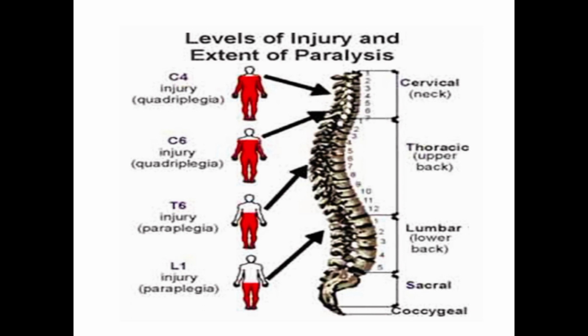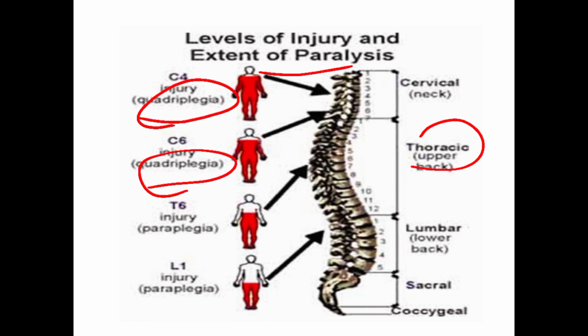Okay, this is the extent of the levels of the injury and the resulting paralysis. See, what will happen if there is an injury, for example in a road accident, or you have heard about a cervical injury, what will happen? He will be quadriplegic. If there is an upper thoracic injury, again he will be quadriplegic. Then at the level of the thoracic, it is paraplegic. You can see his upper limbs escape, whereas below that it is paraplegic. Then sacral, and this too is paraplegic. Okay, these are the levels of the injury and what will be happening to the patient.